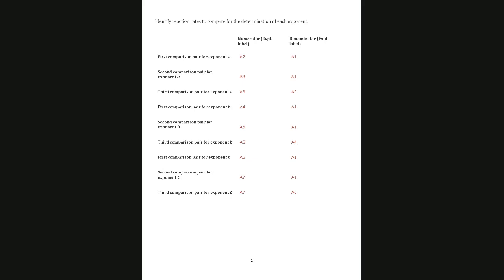This is actually a very good help. When I had to do it, I didn't get this help. So use this page because it's very helpful. Here it says numerator. Let's read to the left: first comparison pair for exponent A. That means the first 3, where we have to pick 2 reactions in order to get